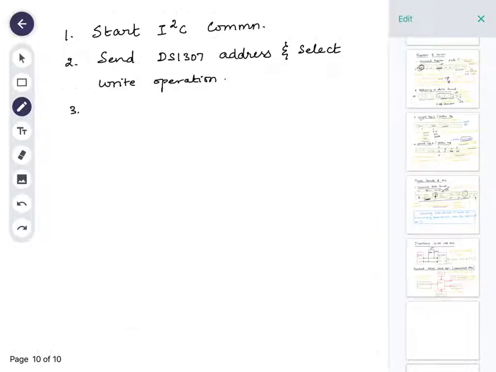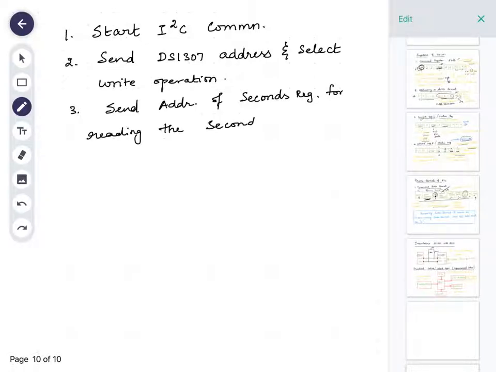Then send the address of the seconds register, for reading the seconds value. Then stop the communication.